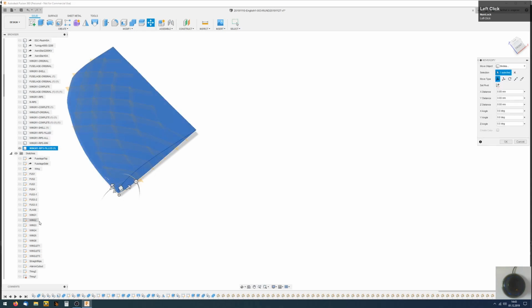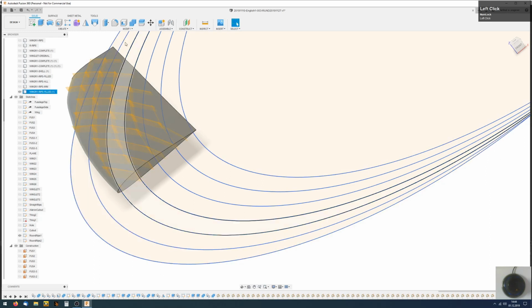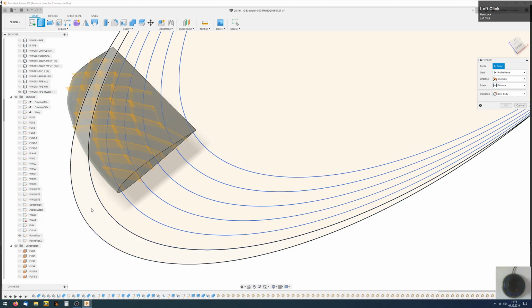And now I need my old drawings of the whips. This is the first one. I create a new tool to create my whips of this direction. So this is copy, and now I can start to create an extrusion, and